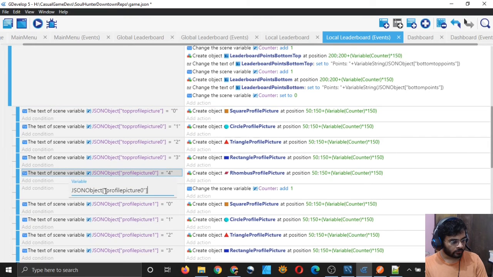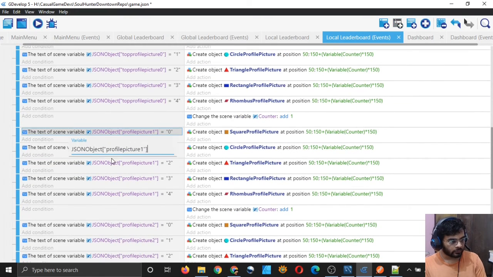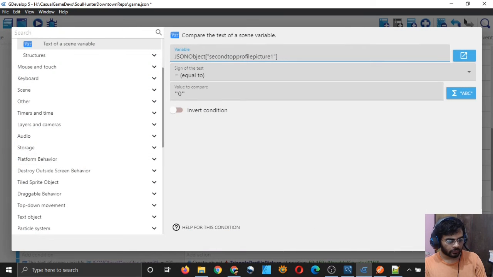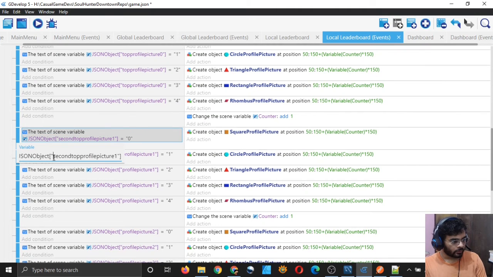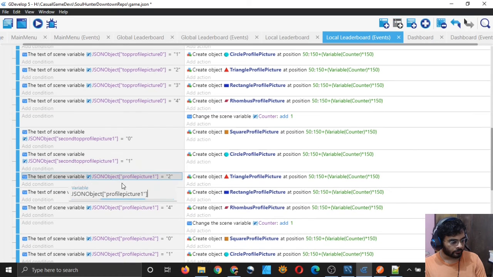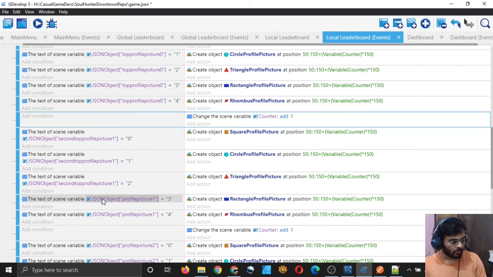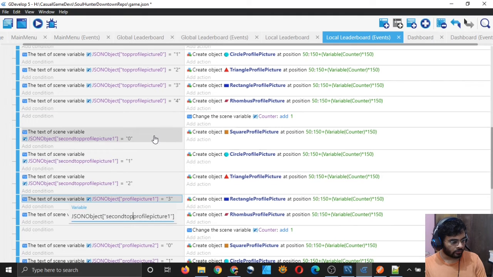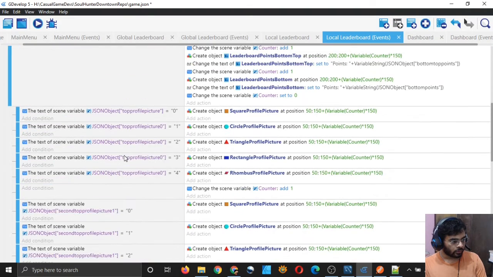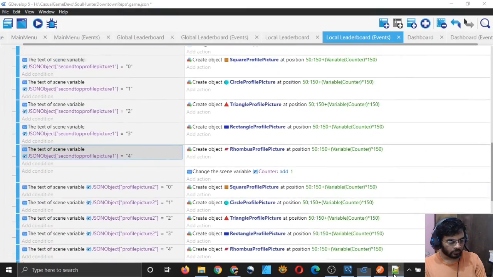I know it's kind of cumbersome to create the leaderboard, but what can we do? And here you can type second top. Simply copy the second top string and keep pasting it in the rest of these, and keep pasting. Yep. And here also. Okay, top is done, second top is done.